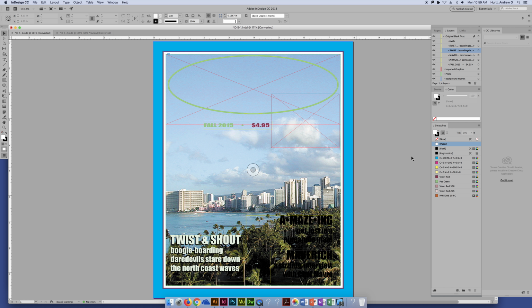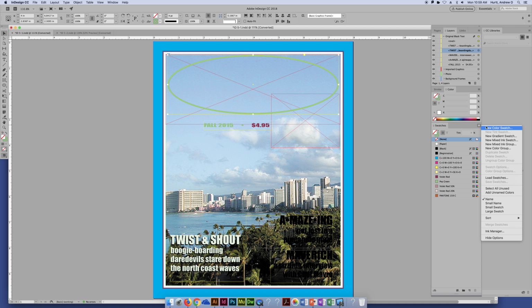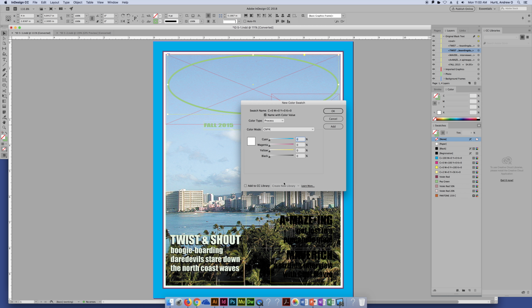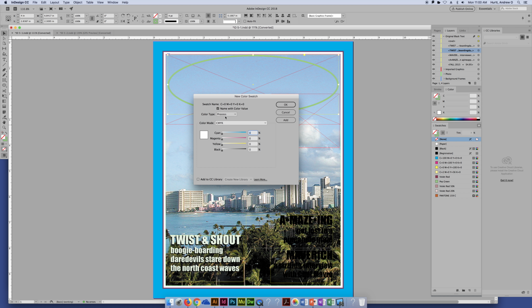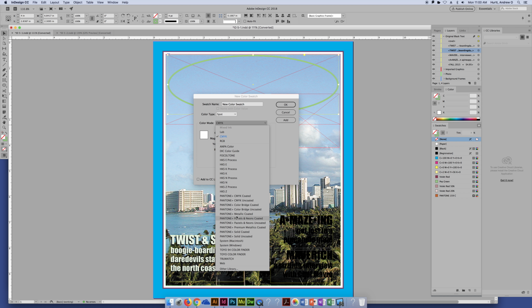The other thing is, let's say, for argument's sake, we want this fill to be a different Pantone color that we're creating, we're going to do a new color swatch, and instead of doing a process color, we're going to do a spot color,